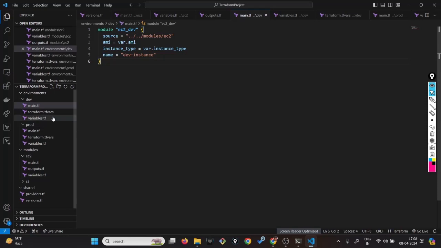The reason is that we tend not to push these tfvars into my GitHub repository. Now, if you come from a development background, you have probably worked with a .env file, which is good for security. We never push the .env file into our GitHub repository because it consists of sensitive information like the database credentials,